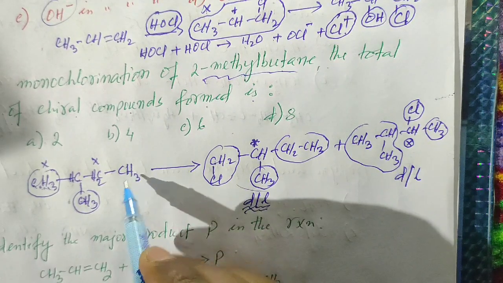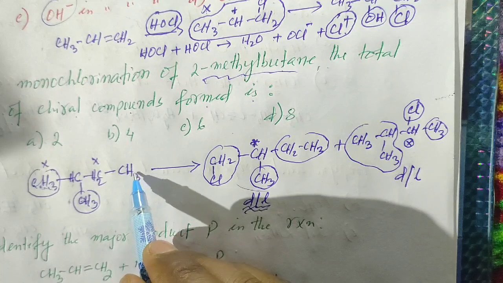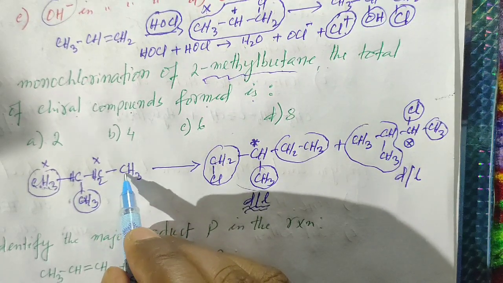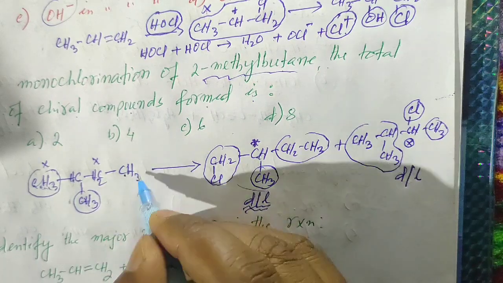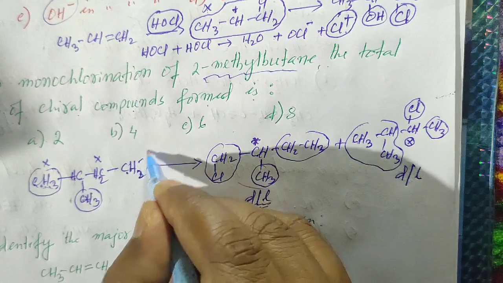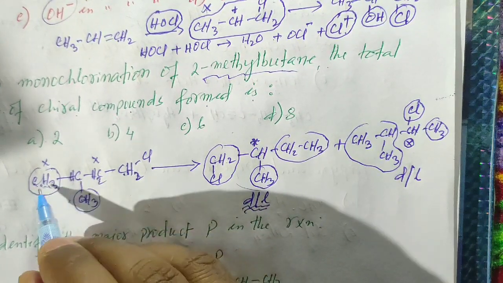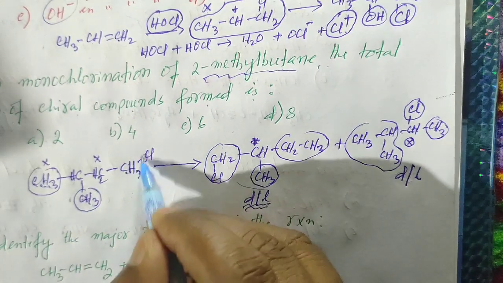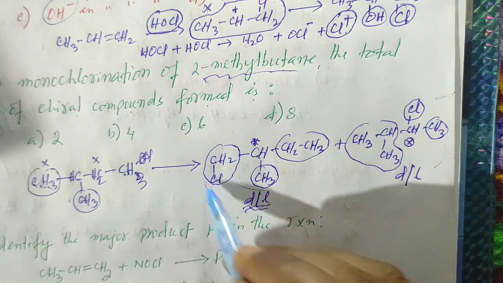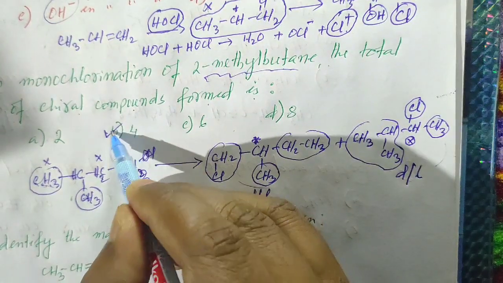Now what will happen if hydrogen is substituted from this carbon atom? One hydrogen will be substituted by chlorine. No, this will not be a chiral molecule, because let me write here like this. Cl, this carbon atom is not chiral, this is not chiral, this is not possible. Okay, so we have only 4 chiral molecules or compounds. Okay, so answer will be 4,